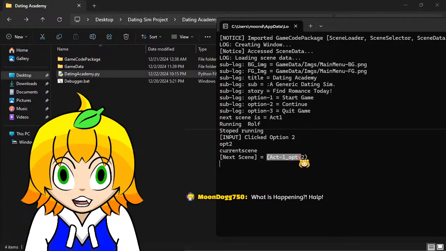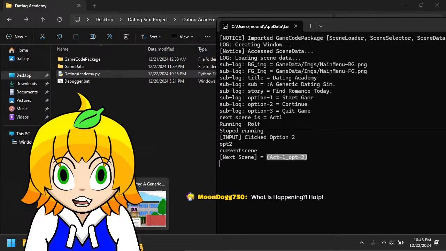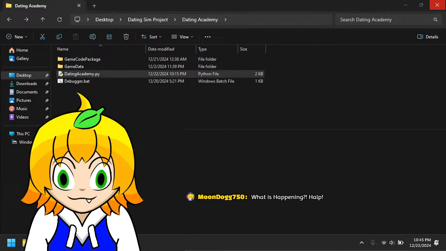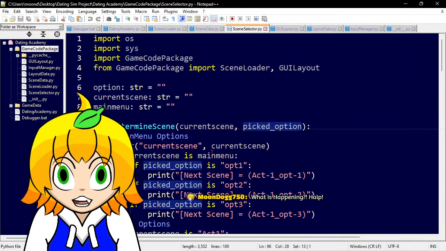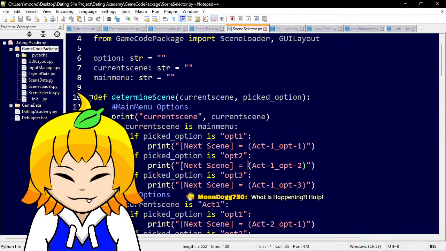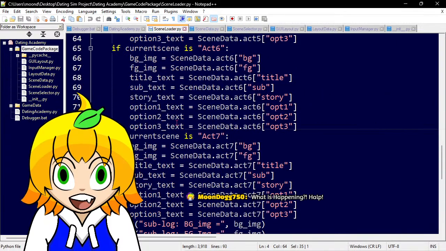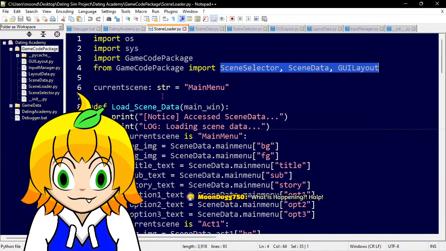Now the scene loader needs to load this scene with this data. This is the data that we're going to have to push into. Hold on. Go away. That's the data, of which we're in main menu. We clicked option 2. We now have to go, I think, to scene loader and tell scene loader. I don't know.